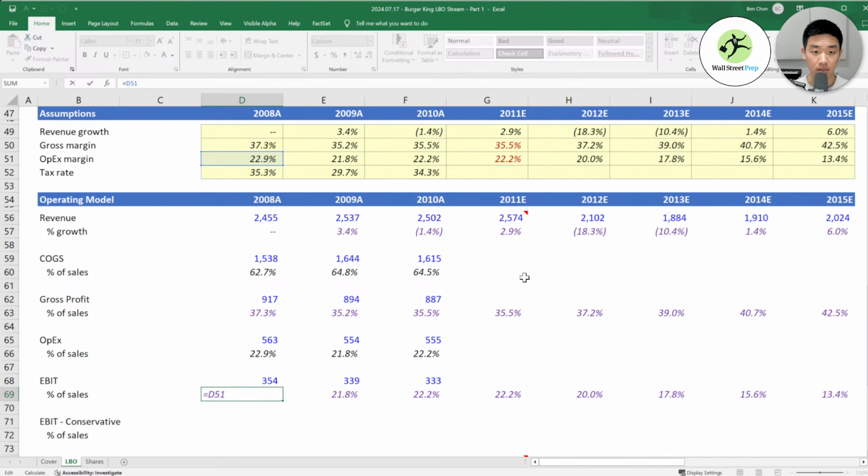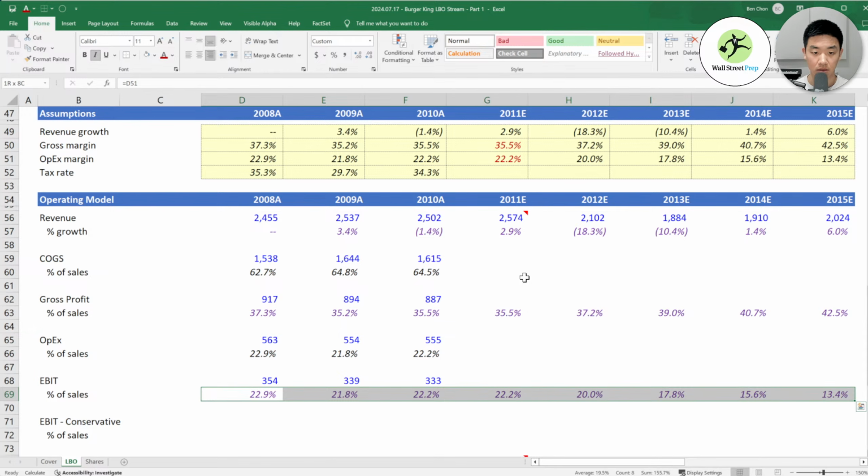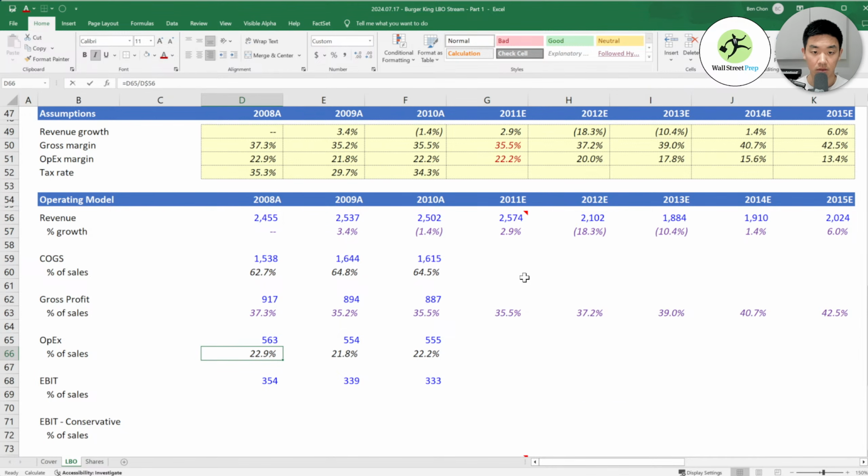Oh, I also did this wrong. So up. So this should be up here. EBIT we calculate.